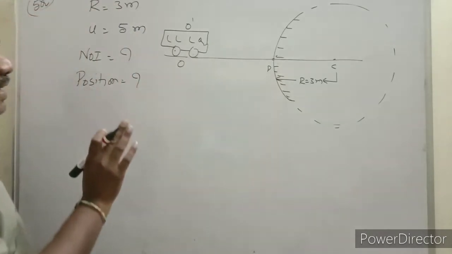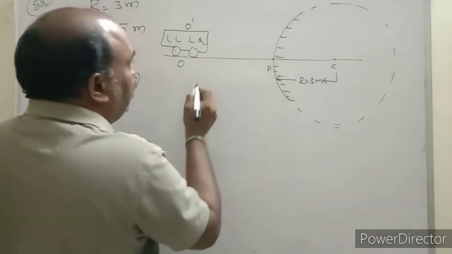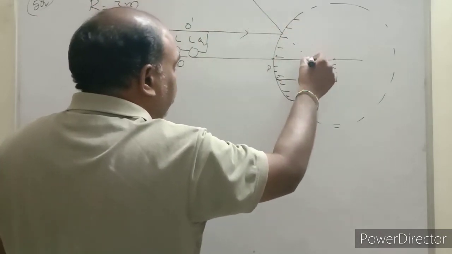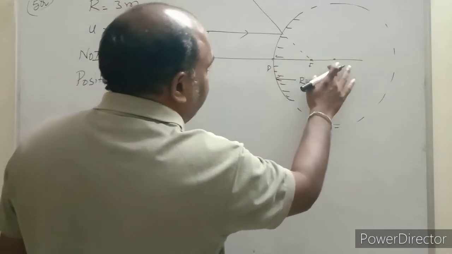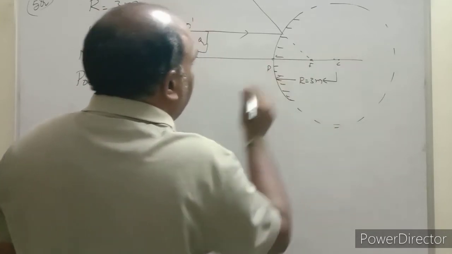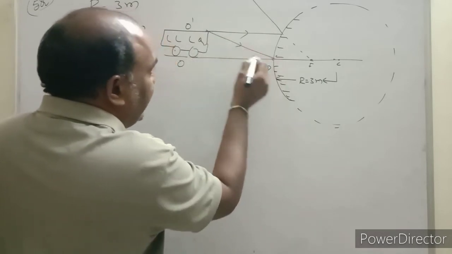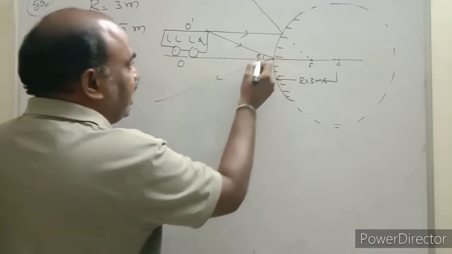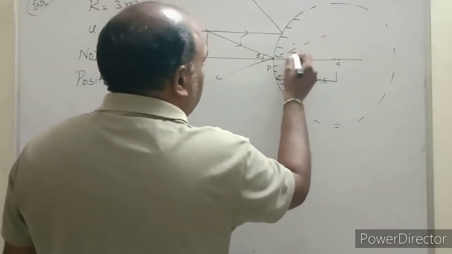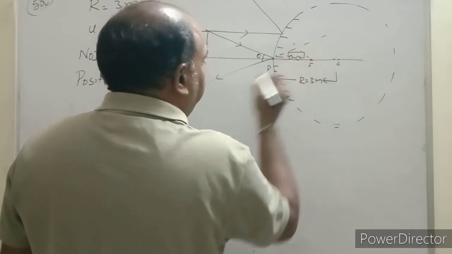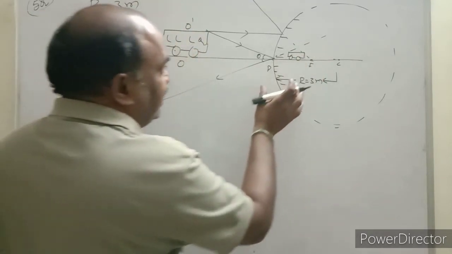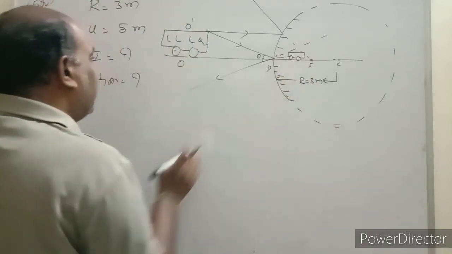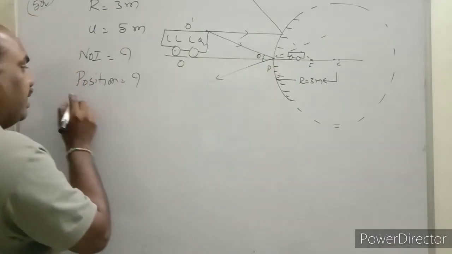Now they are asking what is the nature of the image, what type of image is formed. We know that this is the parallel incident ray. After reflection it diverges and seems to meet at the focus. Focus will be exactly in between the pole and the center of curvature. One more incident ray I am taking from the pole. The angle made by the incident ray with the normal is the angle of incidence. This angle will be equal to this angle, the reflected angle. So it seems to go like this. So the image of the bus forms here. That means definitely the answer must be in between 0 and 3. The nature of the image we also know: virtual, erect, diminished, but we have to find the value.